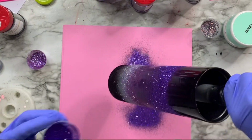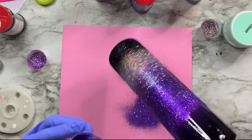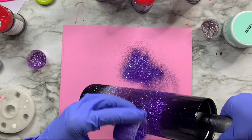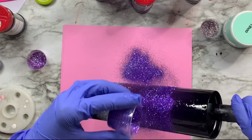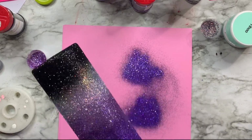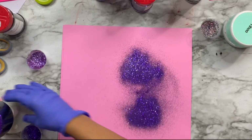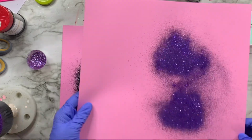112 is kind of a very unique color. It looks blue in the bottle, but when you mix it with other kind of purpley tones, it definitely pulls out its true purple color. So I'm just going to blend this downward as much as I can, and then I'll go back with my other custom mix and do the exact same thing, ombreing upwards before I finish out the top section of the